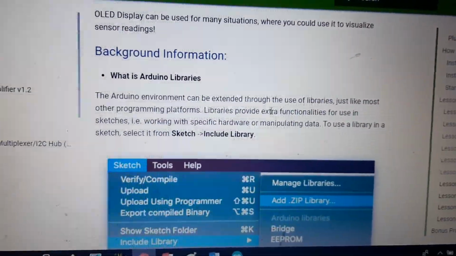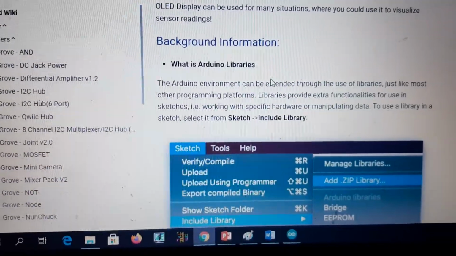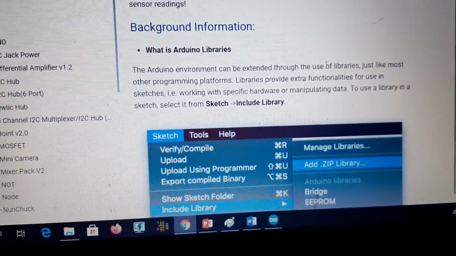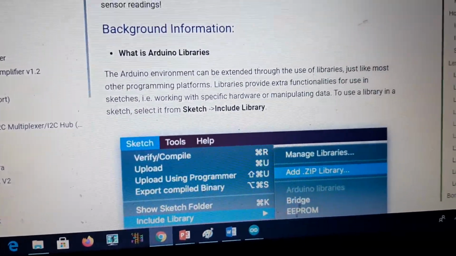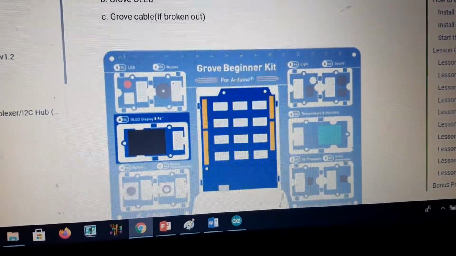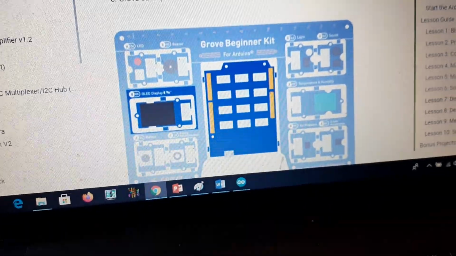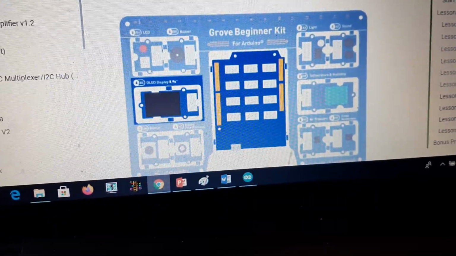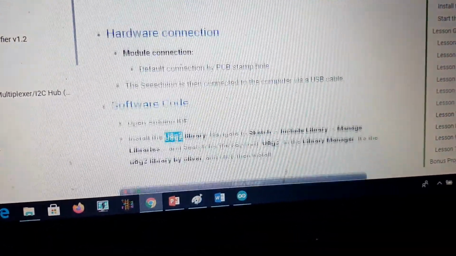Equally, you can scroll down to get to that point of the page. It's a very long page. Before we can display anything, we need to install the library, and this is the position of the screen, and you have seen it on your kits. The library is called